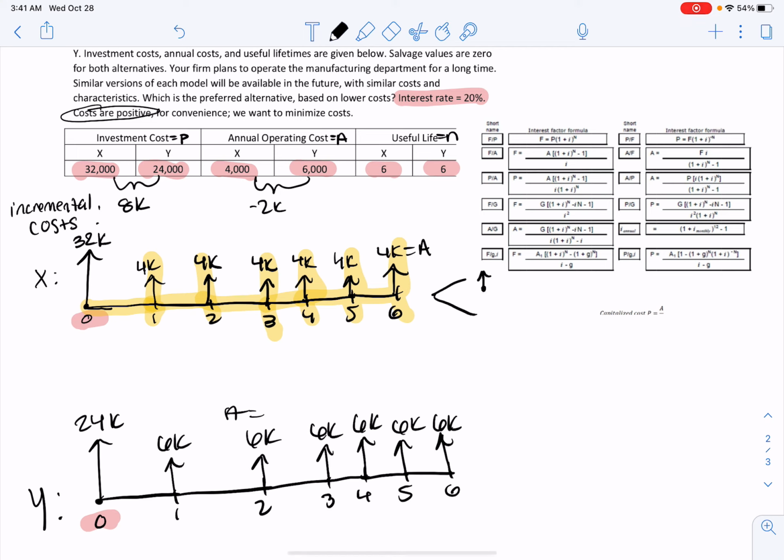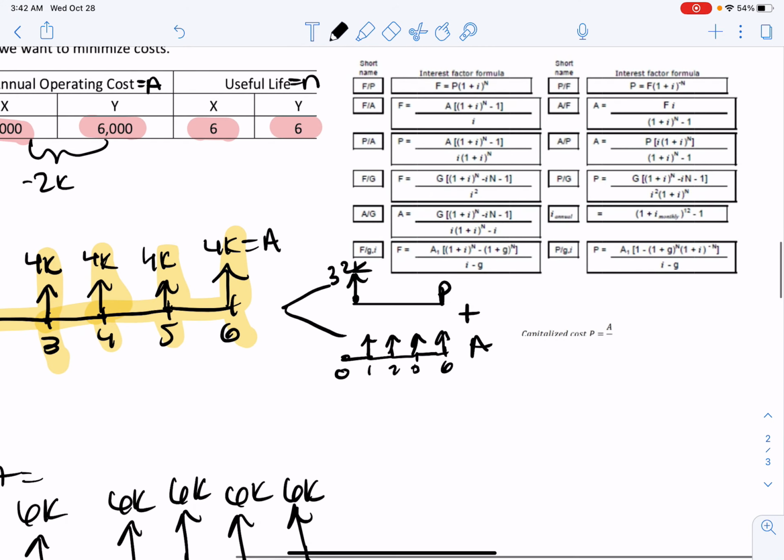So this is actually put into two cash flows. We've got our 32K, and then you've got your annual with 0. So you got your 1, 2, 3, all the way to 6 with equal payments. And this is a correct annual cash flow. This is just a present value. So it's pretty simple because we would just add it on. To find your total value, you would just add those up. So with that knowledge, for our annual,